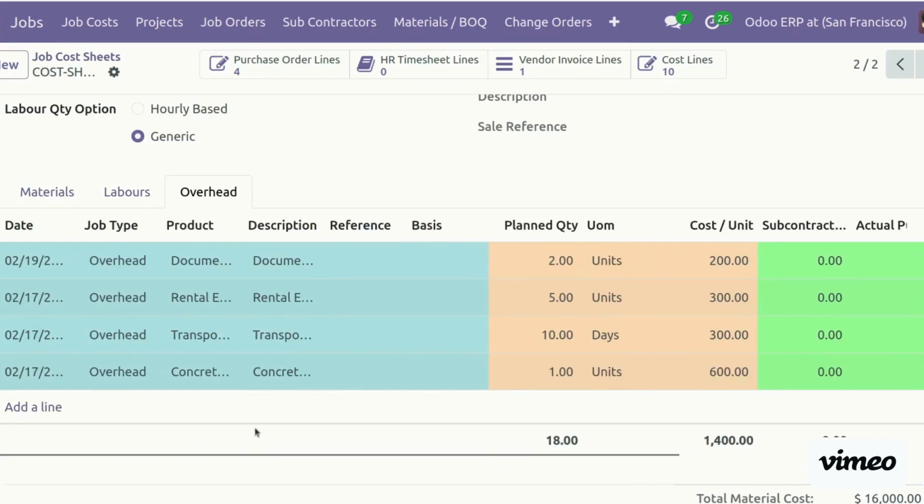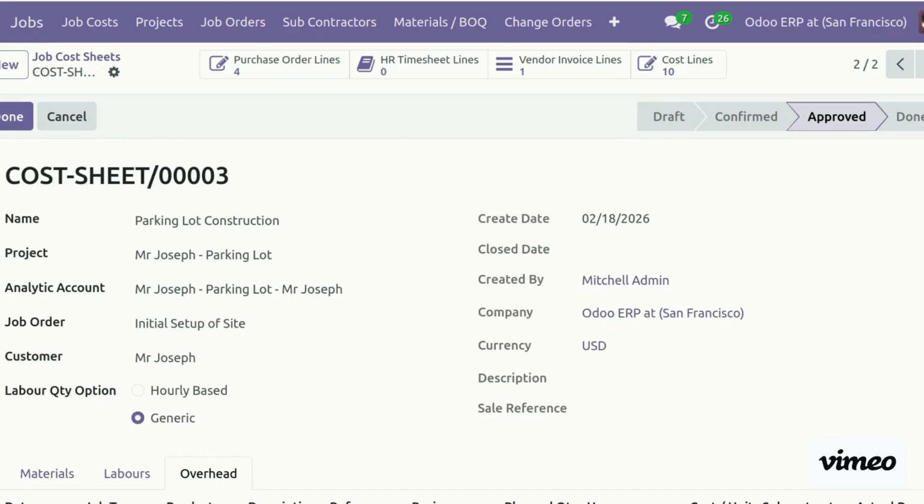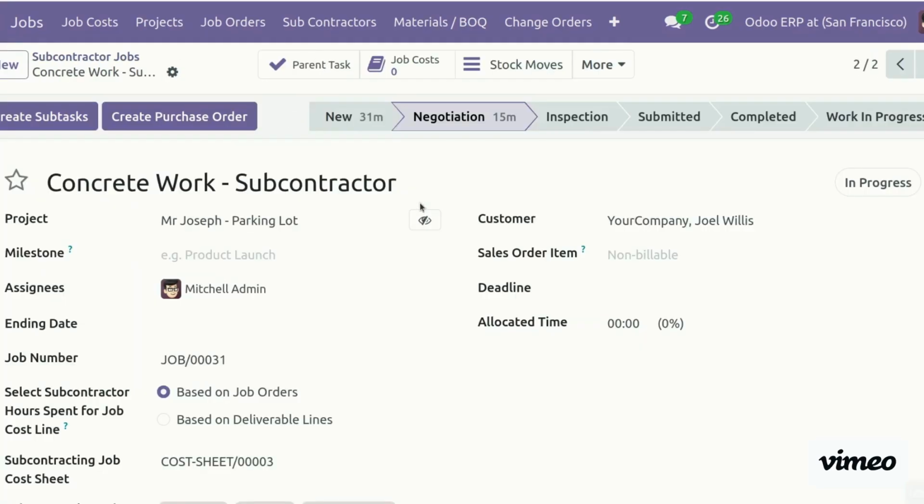Let's see how subcontractor will submit the work and it will be recorded in the system. Now here we have under the jobs subcontractors menu. We have the subcontractor jobs. We have already subcontractor work is under the negotiation. We can move to the next stage here. We can add to the inspection stage. Once it is under the inspection stage, or we can say the work in progress,